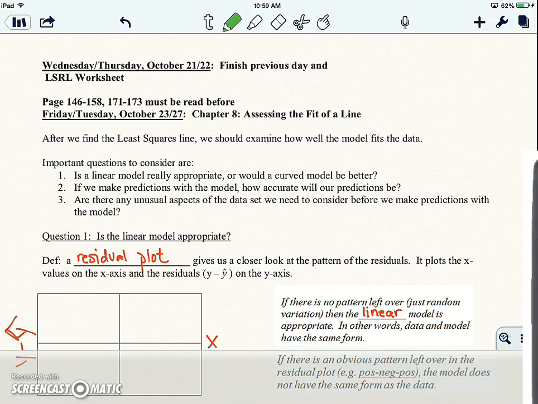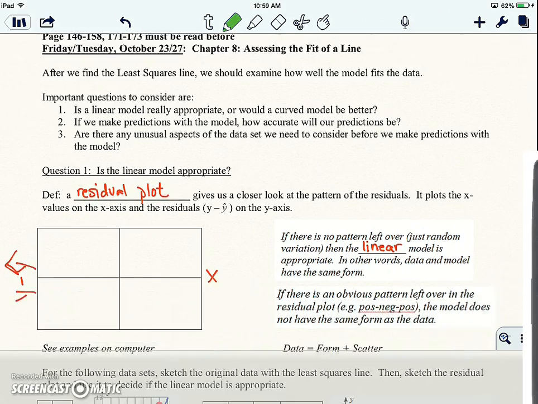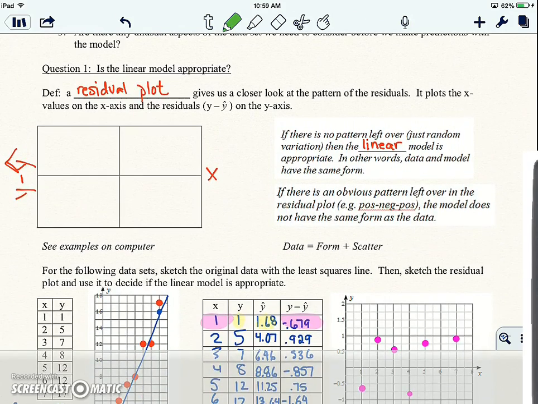These are the notes for day 2 for lines of best fit. Okay, we actually covered this part in class. We talked about a residual plot, which gives us a closer pattern of the residuals, which is the difference between the points and the actual line. And we found out if there is a pattern, a linear fit's probably not very good. If there's not a pattern, something kind of crazy, then the dots in the real world probably fit a good